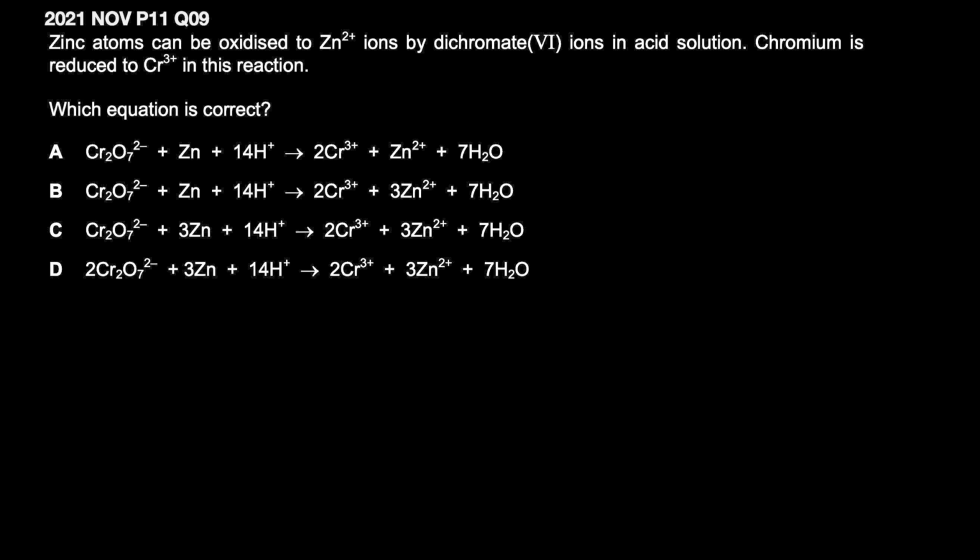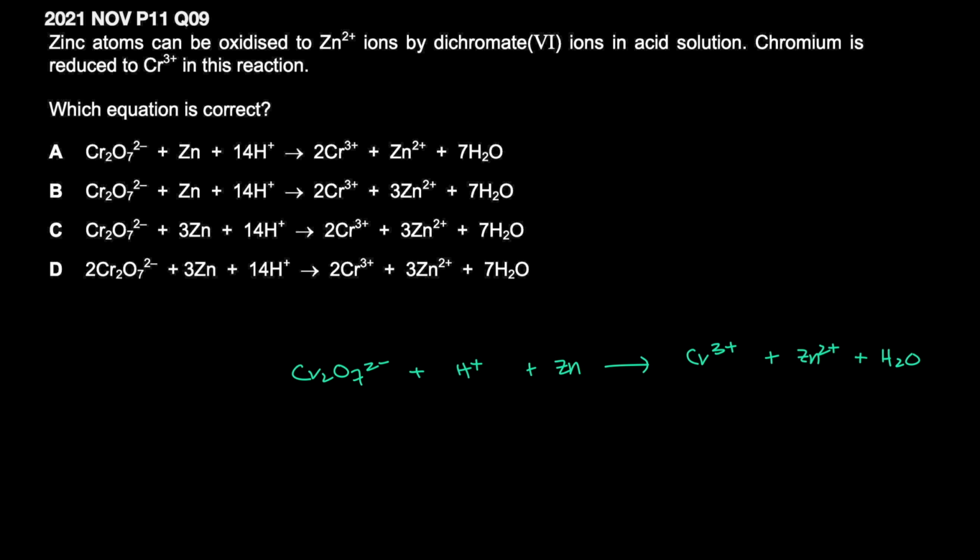Zinc atoms can be oxidized to Zn2 plus ions by dichromate 6 ions in acid solution. Chromium is reduced to chromium 3 in this reaction, that's Cr3 plus. Which equation is correct? We're just going to try balancing this equation normally, right? We have dichromate 6, that's Cr2O7 2 minus, in acidic conditions reacting with zinc to form Cr3 plus, that's chromium 3, plus Zn2 plus. Zinc is being oxidized from the metal from 0 to +2, right, to form Zn2 plus, and we have H2O,